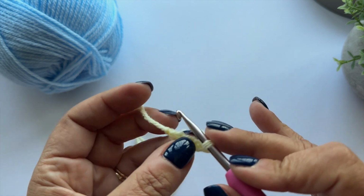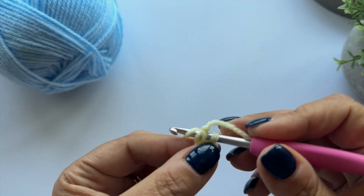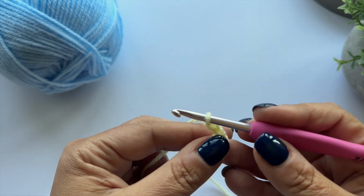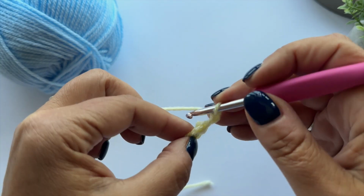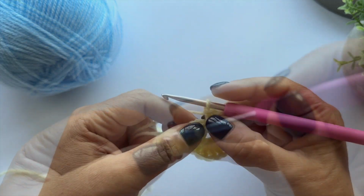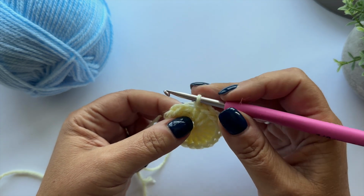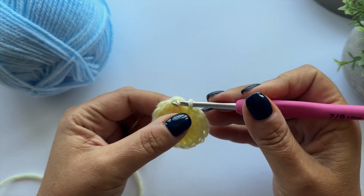So here's my chain 4, slip stitch under both loops of the first chain, pull through, and I'm going to chain 2, and that is my first treble crochet, and then I'm working over the tail, and I'm going to make 15 treble crochet into the ring, so we have 16 in total. So I have my chain 2, counts as my first treble crochet, and then 15 more, making 16 in total, and I'm just going to close the round by slip stitching under both loops of the first treble,